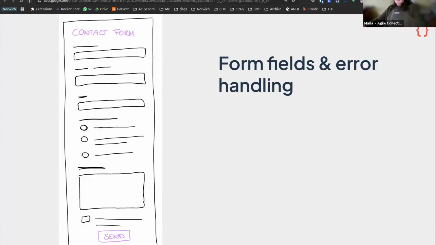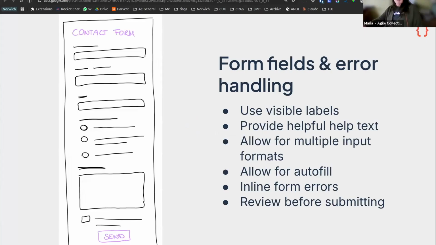So I think you'll have covered everything that I've got in here. Oh yeah, autofill. It's really great. Allow for autofill. It's one for the developers really, but you have to code it right to make sure that you're asking for the right information. But once people have got it right in their browsers, it's more likely to not make mistakes than typing it again every time.